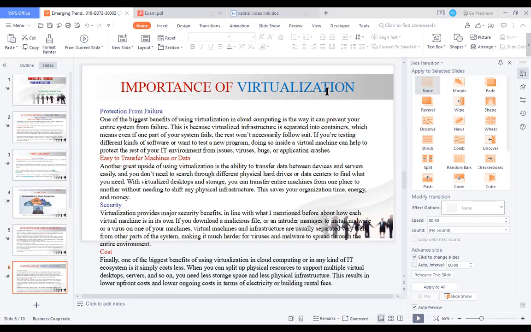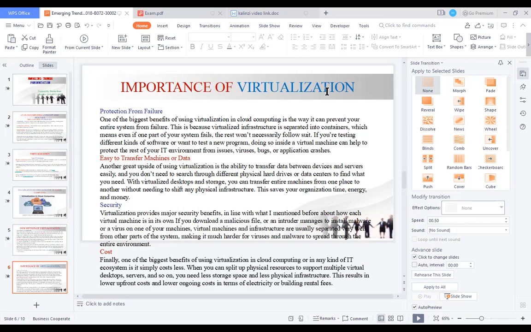So it ensures protection of the entire system and the user. Another one, it reduces cost by performing many things at once because everything is under one resource.